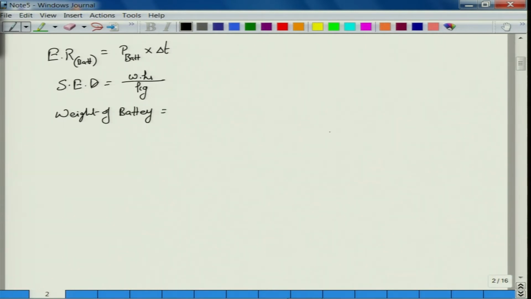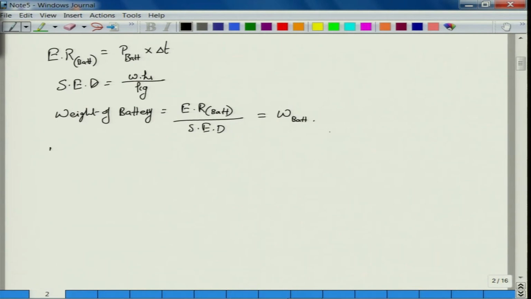Why are we calculating this? That will be the only variable here, is not it? I will show you that. So, weight of the battery is the energy required from the battery to carry out that particular mission upon specific energy density. So, if you have energy in watt hour, then you divide it by watt hour per kg, what you have is the weight of the battery in kg. Okay. So, that is WB, equals W battery.